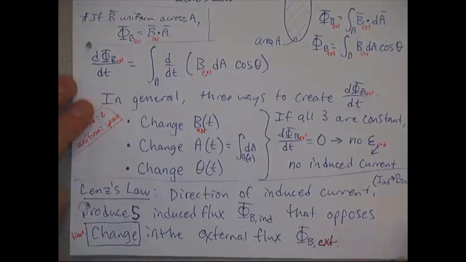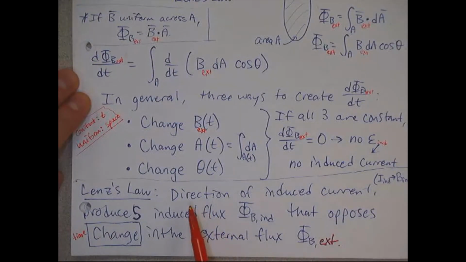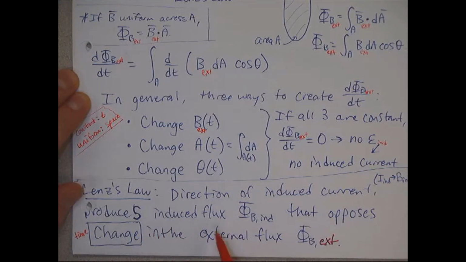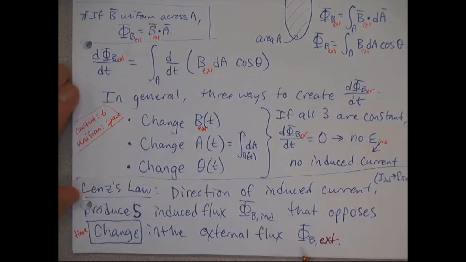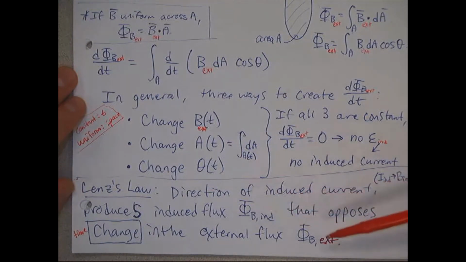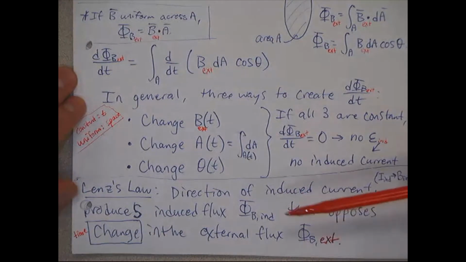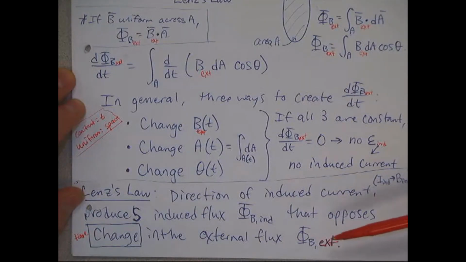More specifically, in words, the direction of that induced current produces induced magnetic flux, which will oppose the time change in the external flux, phi sub B, magnetic flux, external. So we have two different fluxes that you're going to need to keep track of. There will be the pre-existing external magnetic flux,